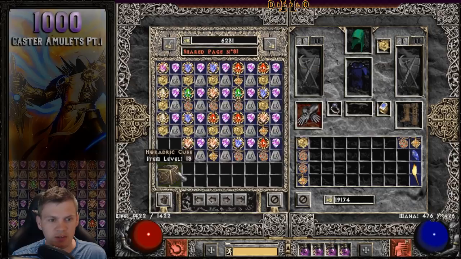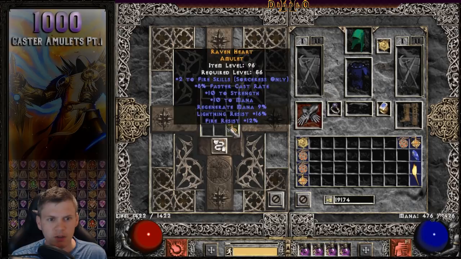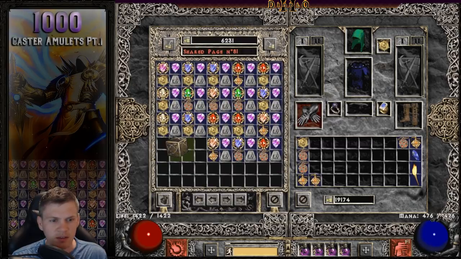Junk, summoning skills. Nothing else on it. 2 to fire skills, 8 FCR, 10 strength, with a little bit of lightning and fire res. That's an okay amulet. Nothing too crazy or special though. 2 to fire skills, I mean, I do like my Mausoleum Fire Source running, but